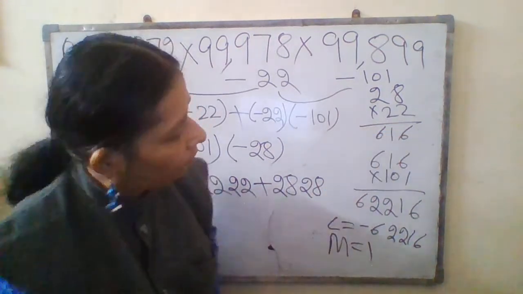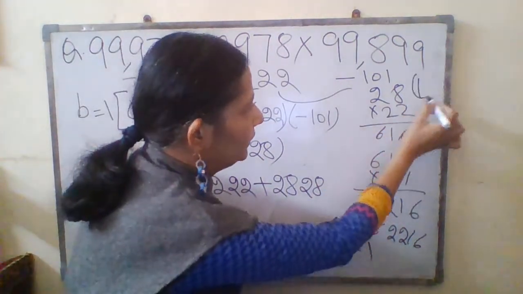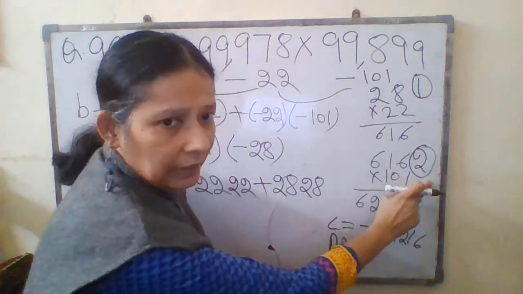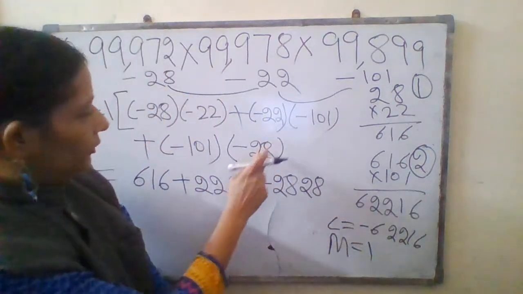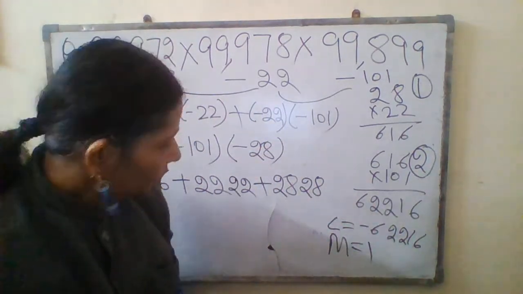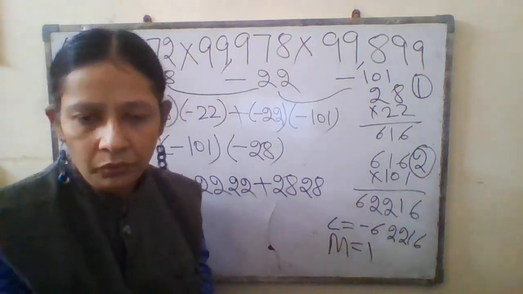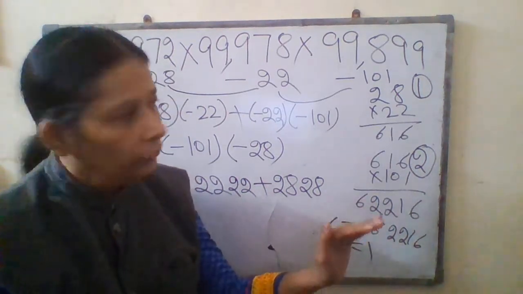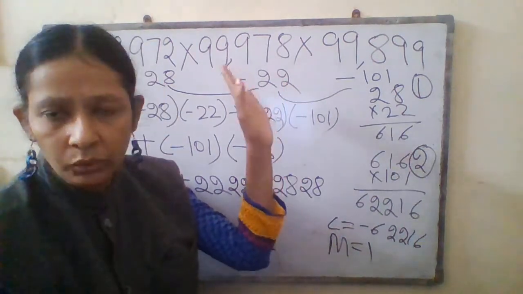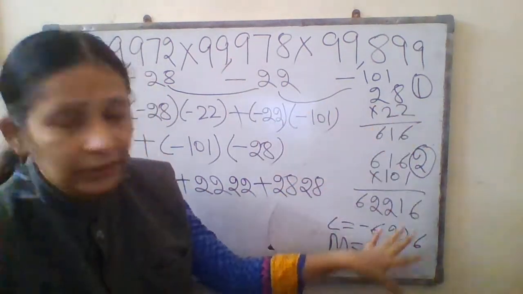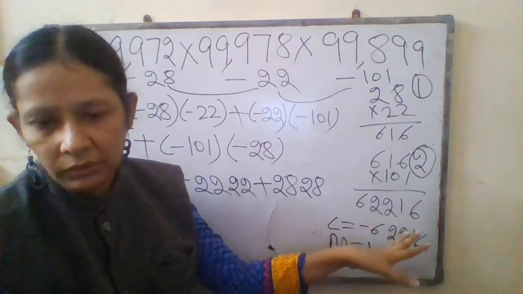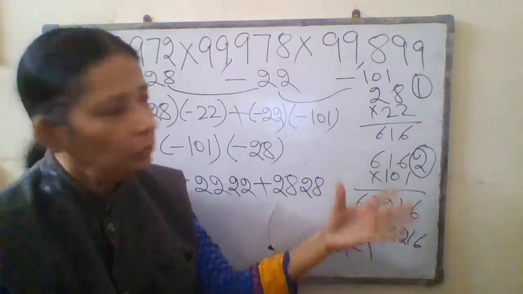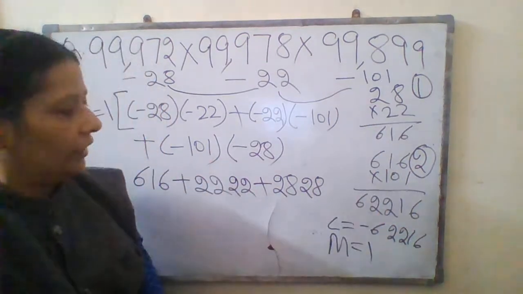This is your trick number 1. This is your first trick. This is your second trick. And here also this is your third trick. First you try these tricks separately. Don't do this full question first. Try these separate tricks on some separate page, and then when it is convenient for you to use these tricks, then you try this question.